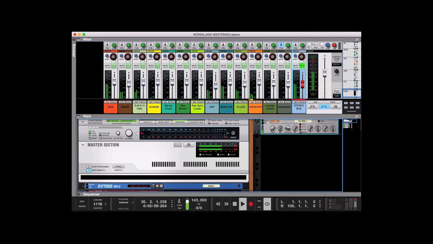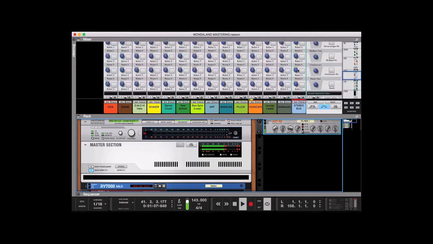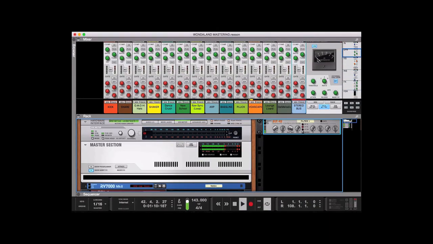Fooling with the envelope, the low frequency, have that going into this, right? If you raise the threshold,